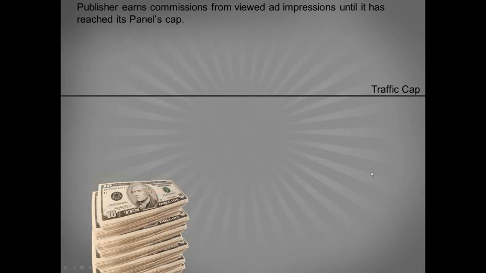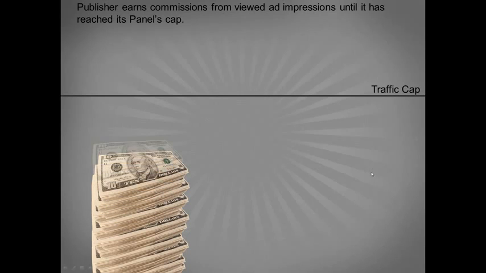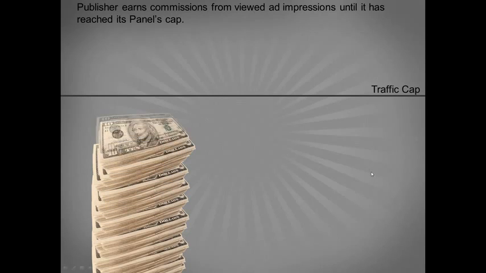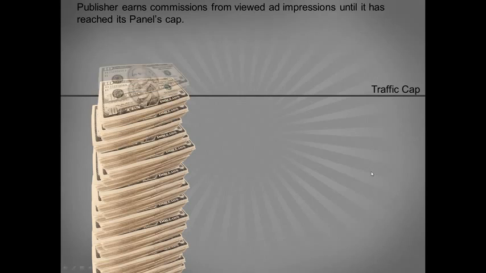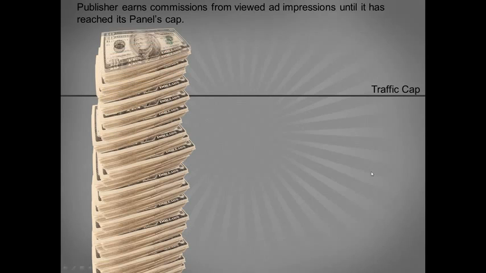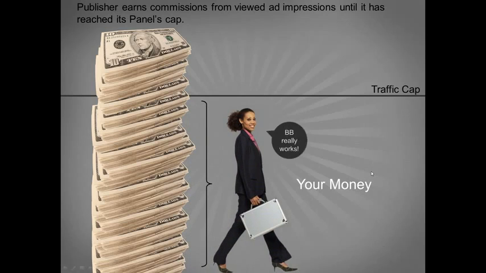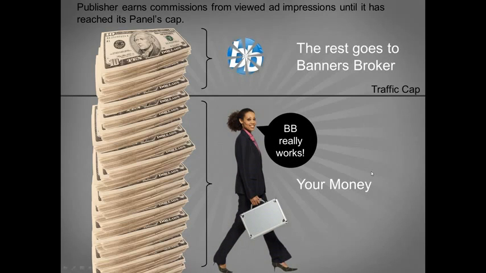Now you see revenue is being earned as people are viewing it. In this example, we're showing it being earned in $10 increments. But you notice that the revenue keeps earning past the traffic cap. And that's significant. See, the money that was earned until you hit the traffic cap, that's yours. So that means in this example, the blue panel had a revenue cap of $120. The $120 is all the revenue that was earned up till that traffic cap line.